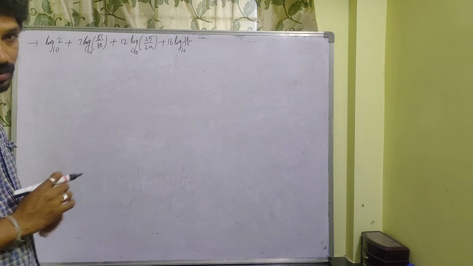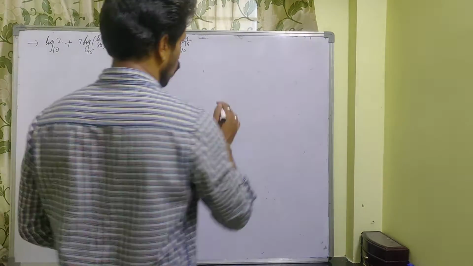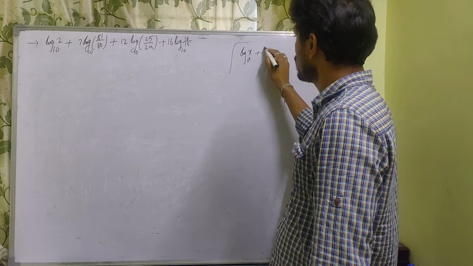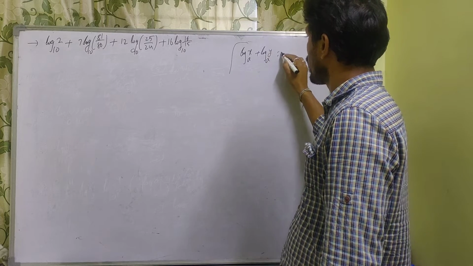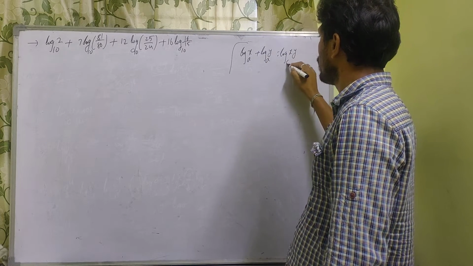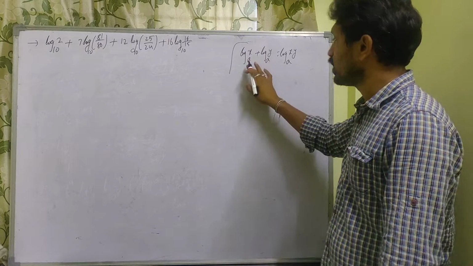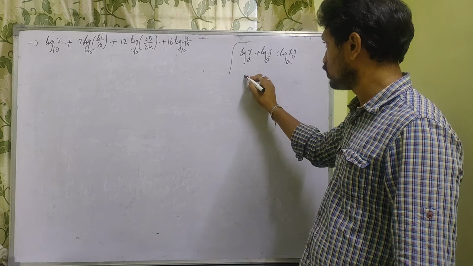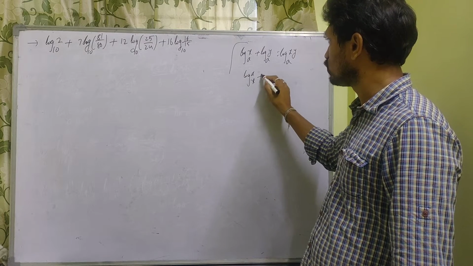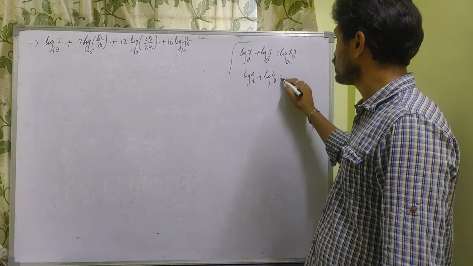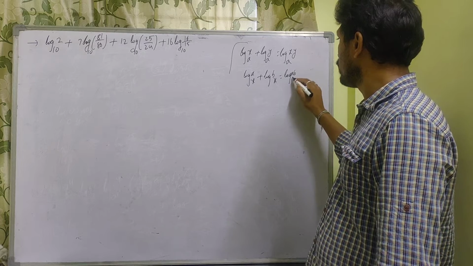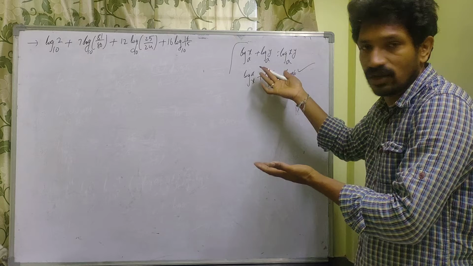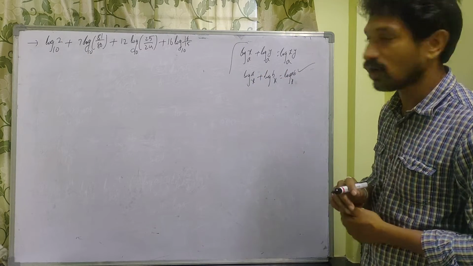You just remember, whenever, here I gave one formula, whenever you have log x to the base a plus log y to the base a, you can write as log xy to the base a, or log a to the base x plus log b to the base x, the same formula you can write like this also. Log b to the base x, this is log ab to the base x. This one I gave you. So in this structure, if you have any other variables, you just understand that it is on the formula.